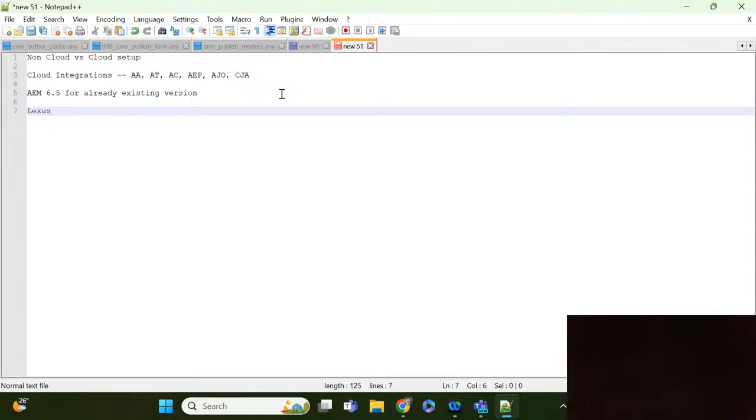Lexus is one of the Toyota brands in the US, where they would like to have a website which displays